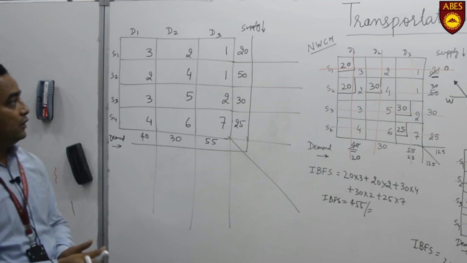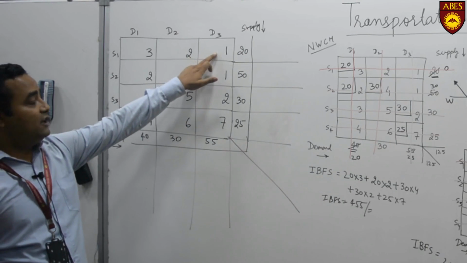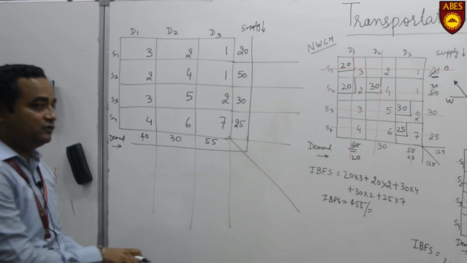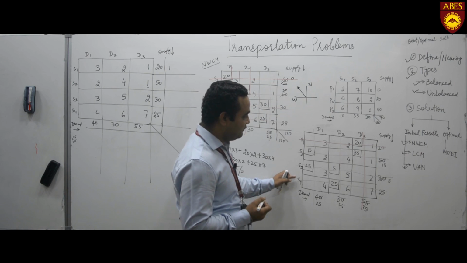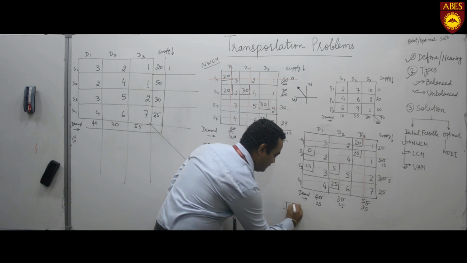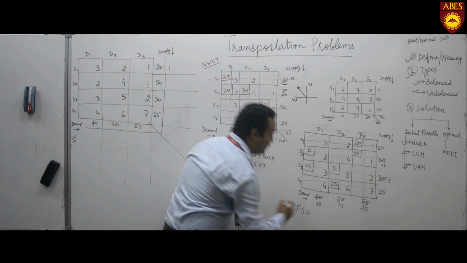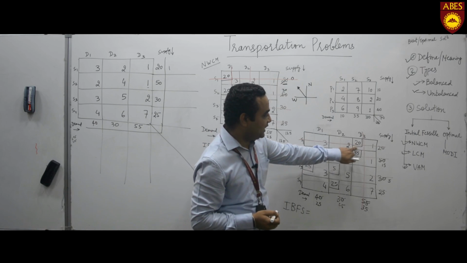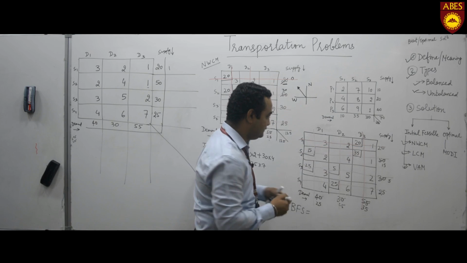Now first row, minimum value is 1, then next maximum value is 2, take the difference is 1. Now after this we have to find the IBFS solution of the LCM method. That IBFS solution is equal to those cell values where we have given some values, multiplied by those numbers, that is 20 into 1